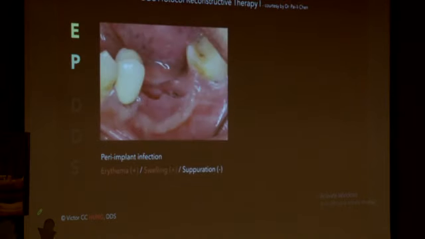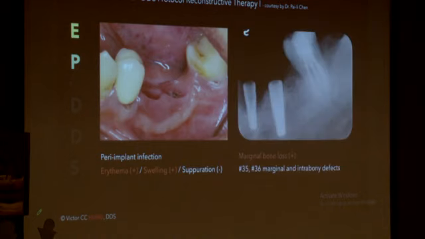So this is a case by one of the pioneer doctors in Taiwan. We have a course together, and we also have the patient together to work with EPDDS. You can see this patient has peri-implant infection. There's erythema, swelling, but no pus. We took the radiograph, and we see there's a big marginal bone loss in the area